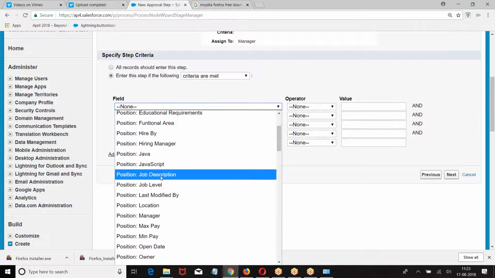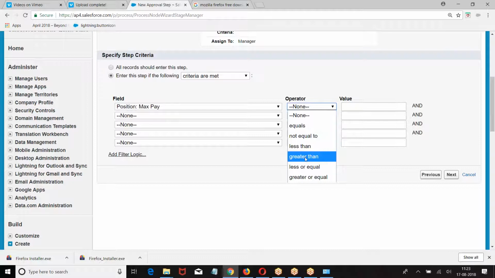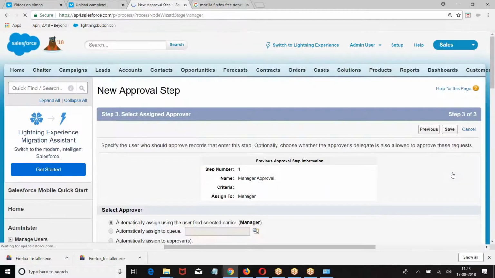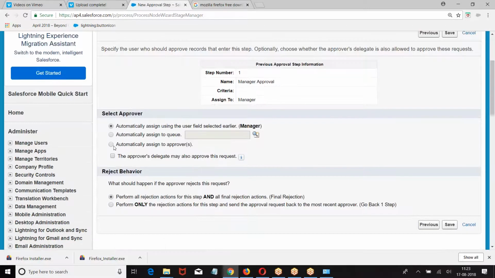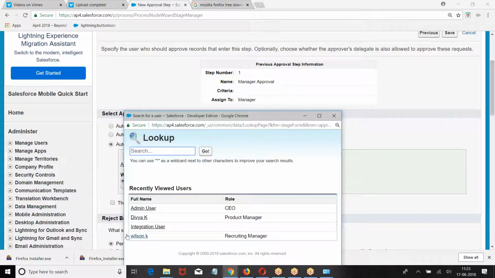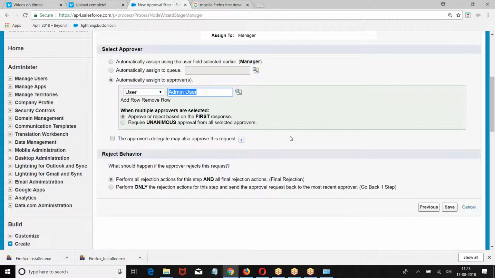I am saying if max pay is greater than 1 lakh, then it should be approved by the regional manager. Now, I hope you got my point.